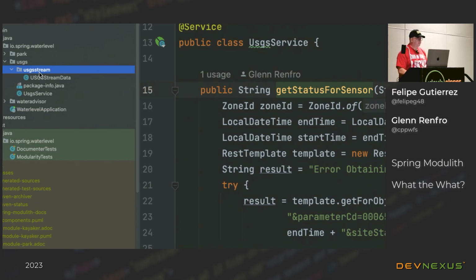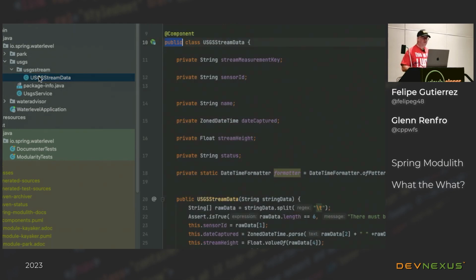This is unique because any package that's underneath a module will be considered to be only used by that module. This is pretty interesting because USGS stream data is really only used by the USGS service for now, but since I put it in a package underneath that module, I don't want to share it with the other modules. So the thing to remember, right?